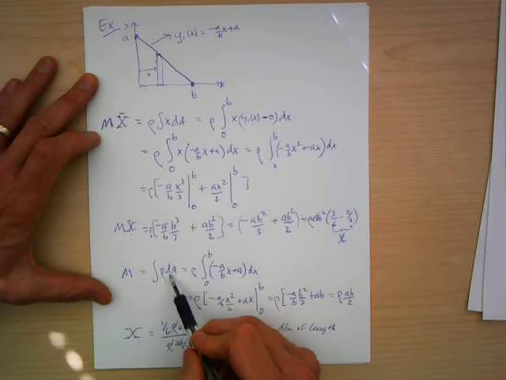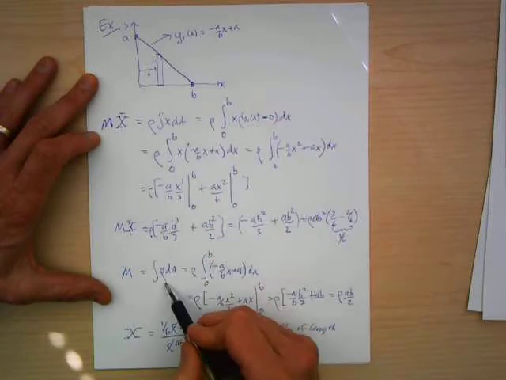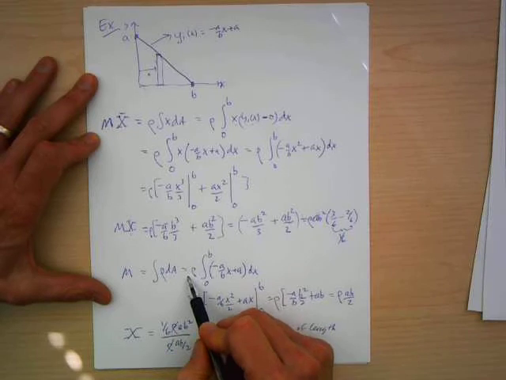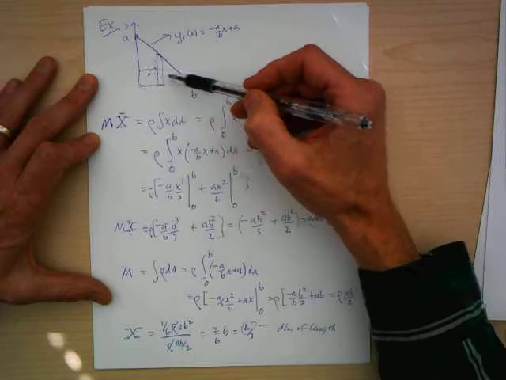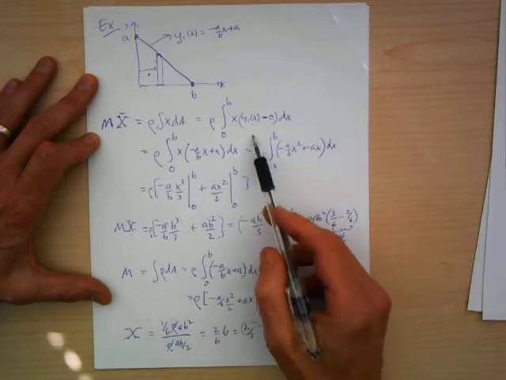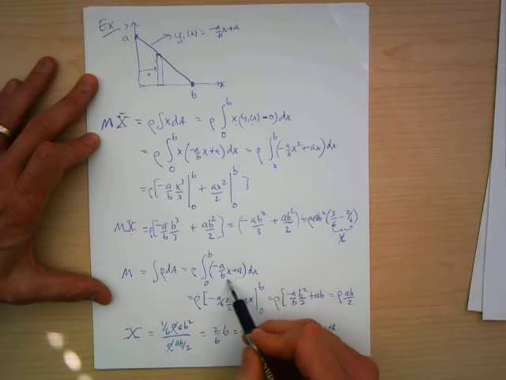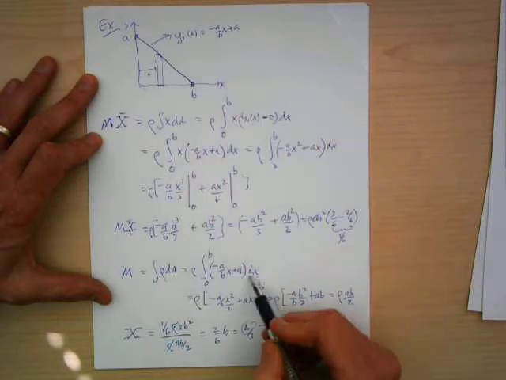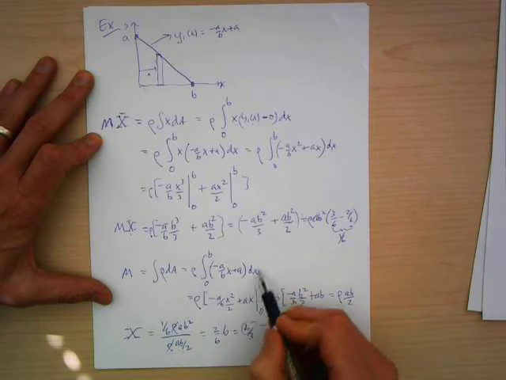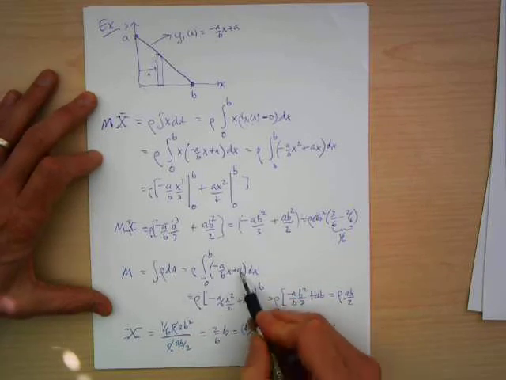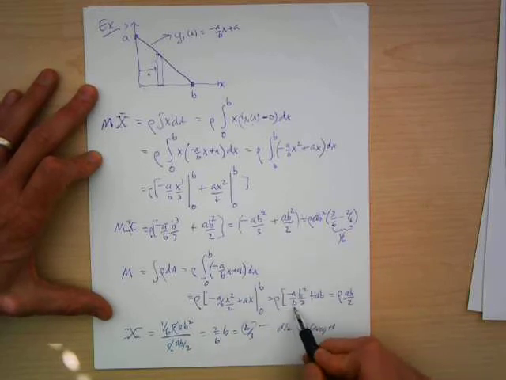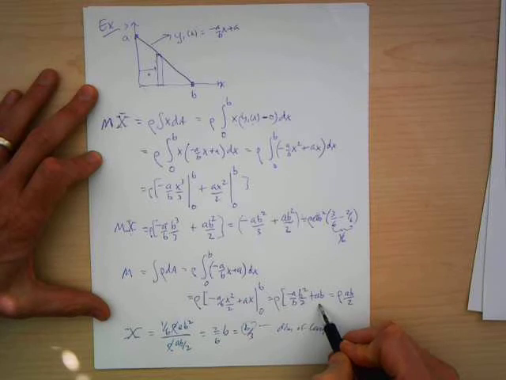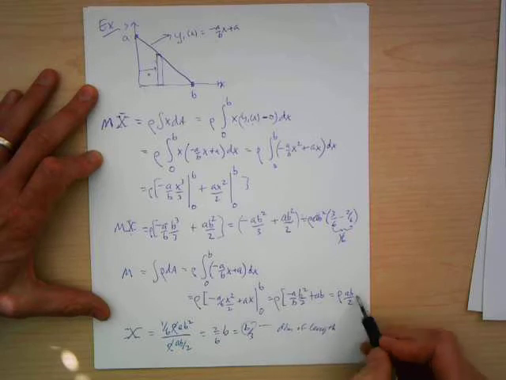and that's just going to be the integral of dm over the whole shape, or rho dA. Again, pull the rho out because we've assumed it's constant. And so then dA, I'm going to do the same thing, just do these vertical strips and integrate it over the whole shape. So I know what that vertical strip dA is. It's the height, minus a over b x plus a, so y1 of x, and then a width of dx. So this is the integral I have to do. It turns into an x squared term and an x term evaluated from 0 to b. And so I get this, minus a over b, b squared over 2, plus ab. The b's are going to cancel here, leaving me just minus 1/2 ab plus ab, so the whole result is